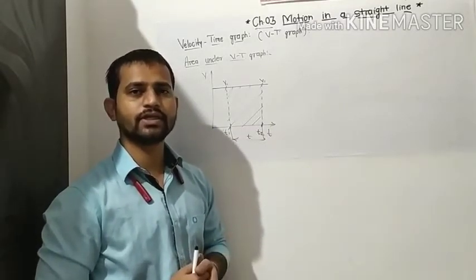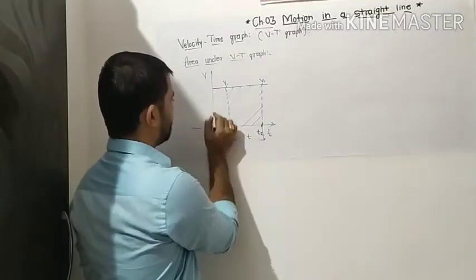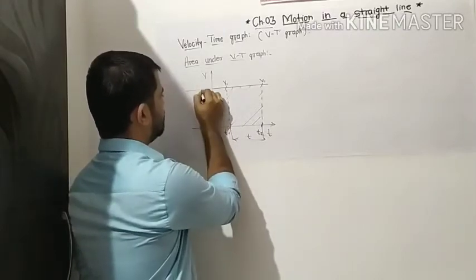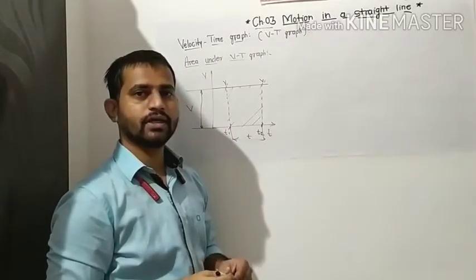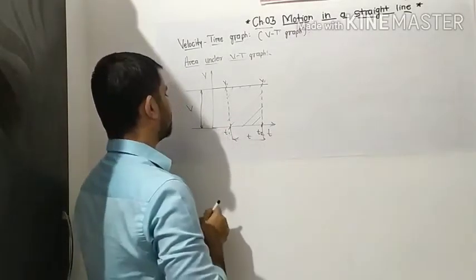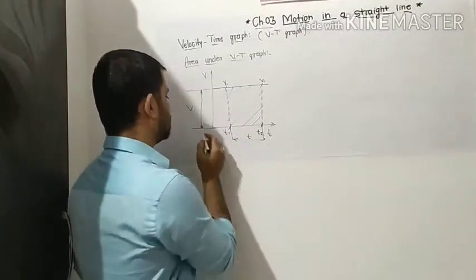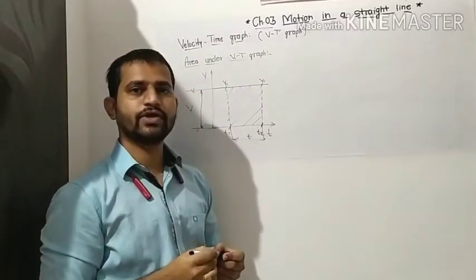Where is the length of this rectangle? We can come to know it is from this. This is the length of this rectangle, and this value indicates the velocity. This will give us the velocity, or the change in the velocity we can call. Initially here it will be 0, then it will be v here. So it will be the change in the velocity.